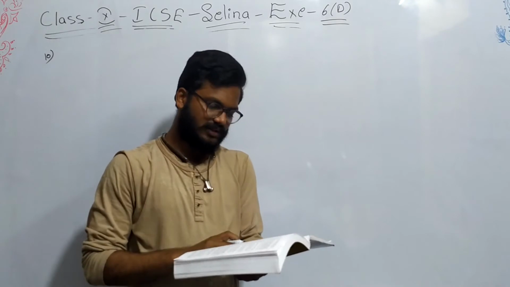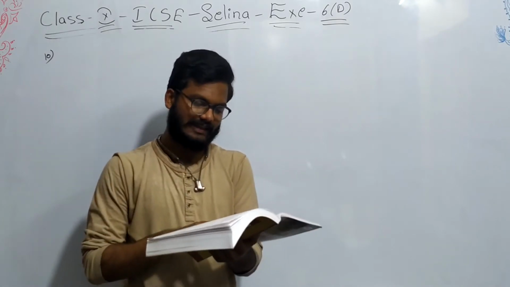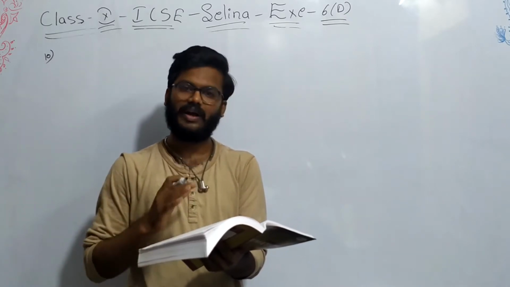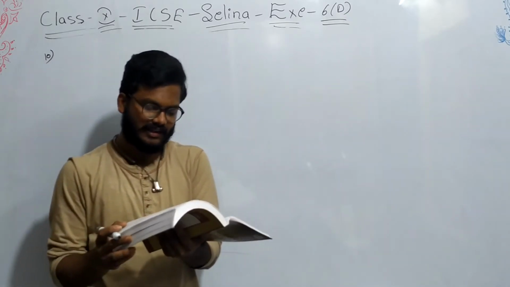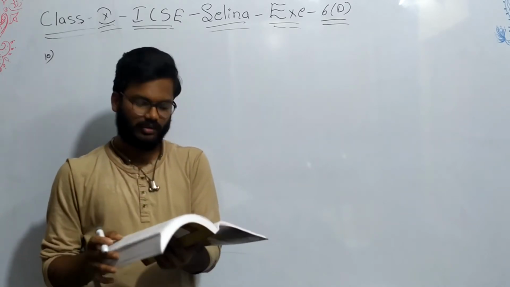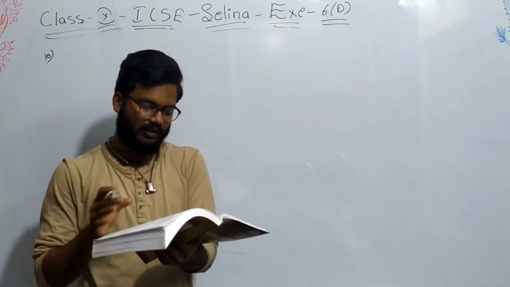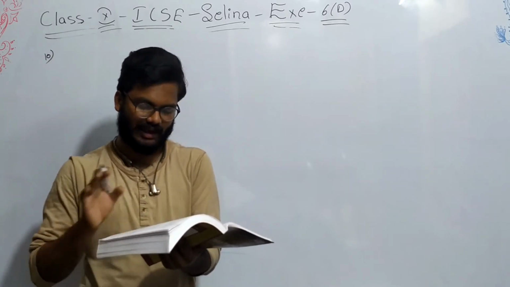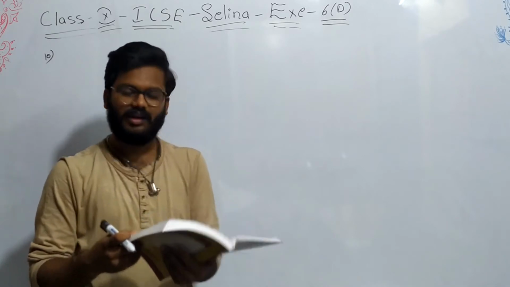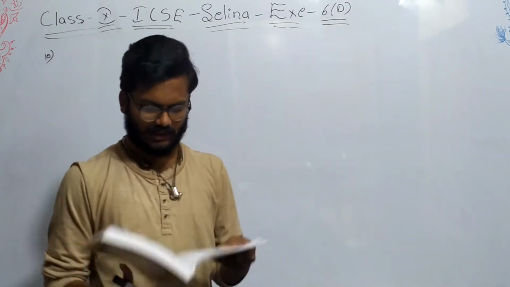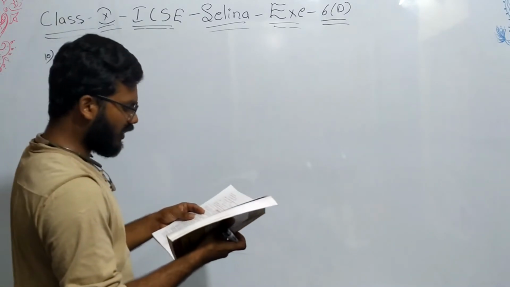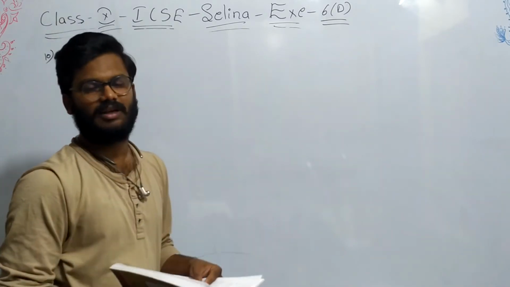An employer finds that if he increases the weekly wage of each worker by 5 and employs 5 workers less, he increases his weekly wage bill from 3,150 to 3,250. Taking the original weekly wage of each worker as x, obtain an equation in x, then solve it to find the weekly wage of each worker. See here, they are telling us to take the original weekly wage of each worker as x.